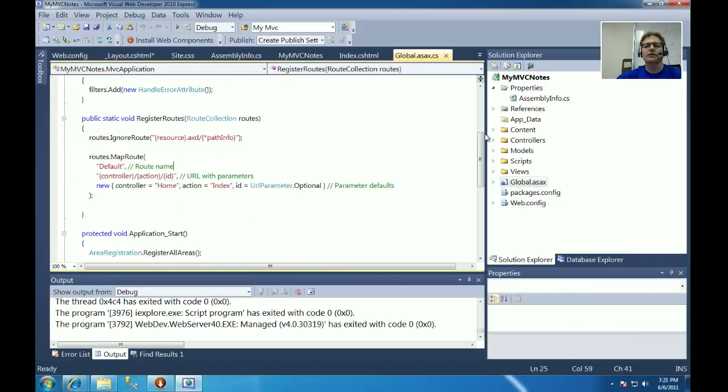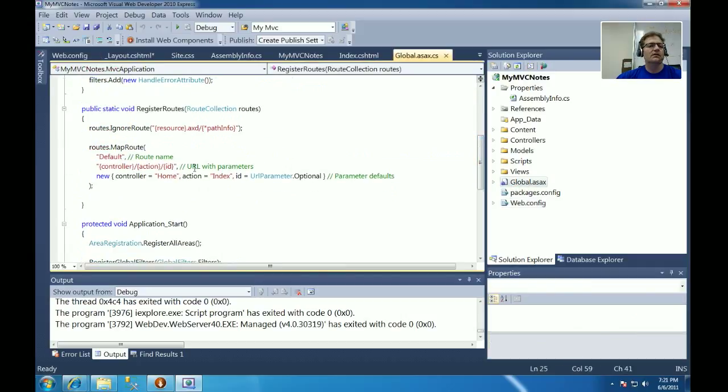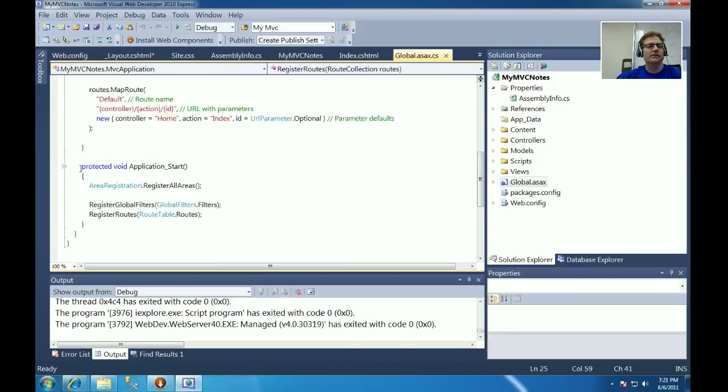And then you'll see the global ASAX, which we talked about was the first file that gets run. And you can see down here the application start, which is where it registers everything, and it registers your routes in here. So let's end with that, and then next video we'll move on to the M part of